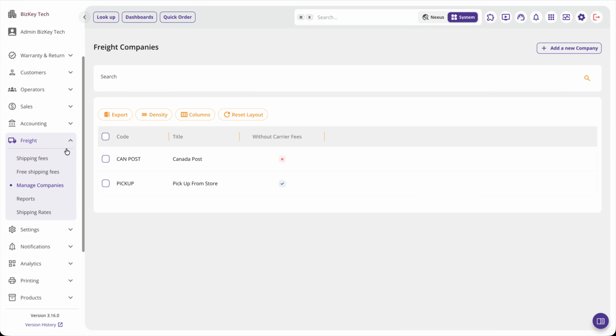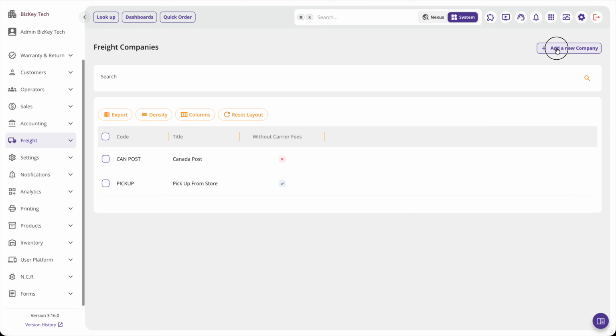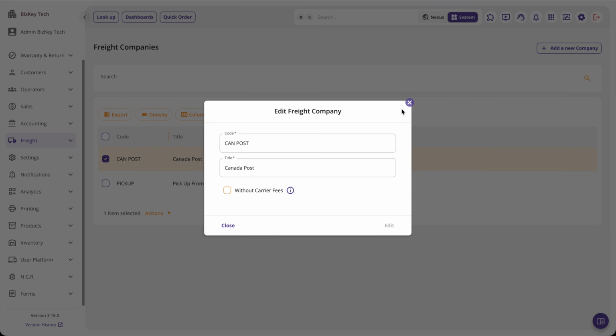In order to access this page, you would need to click on the freight menu and click on the Manage Companies menu item. In here, if you want to add a new freight company, or edit an existing one by clicking your desired row, clicking on Action, and then the Edit button, you would now be able to see a third flag that allows you to deem a specific freight company as with or without carrier fees. This allows you to mark some of your existing freight companies as without fees, and the benefit of that is